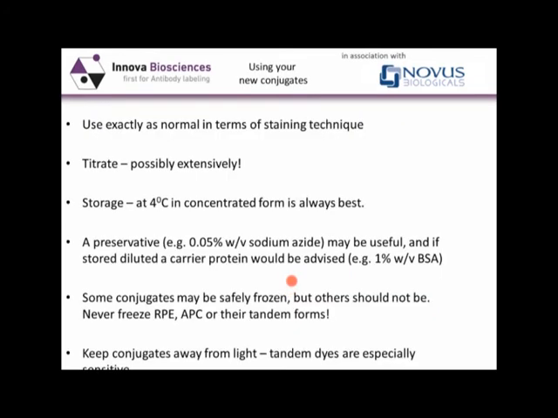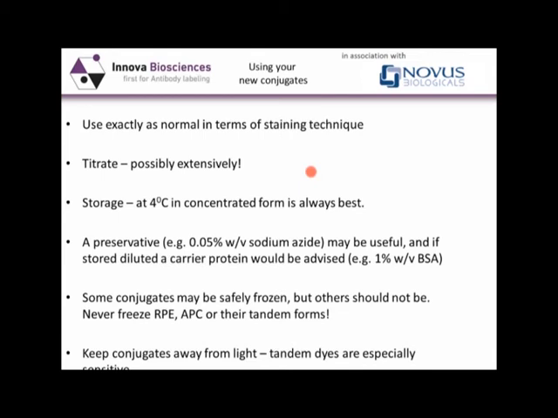Once you've undertaken the conjugation, what are you going to do to use your new conjugate? The thing I'd like to underline is you actually will use them in exactly the same way as your normal staining technique. However, you may need to titrate your antibody, and possibly extensively. Again, it's worth pointing out that many commercially available directly conjugated antibodies are probably sold at around 10 to 100 micrograms per milliliter. You've just conjugated your antibody probably at 1 mg per mil, and as we said earlier, there is no loss of yield, so your antibody is still going to be relatively